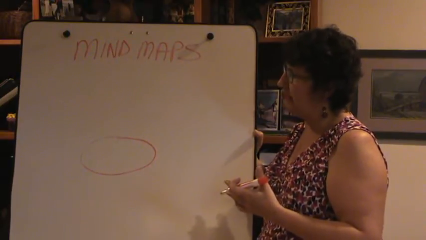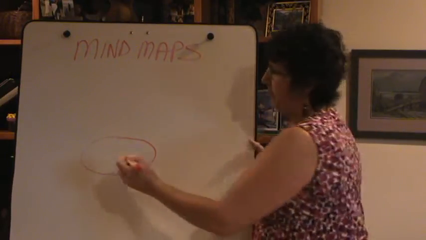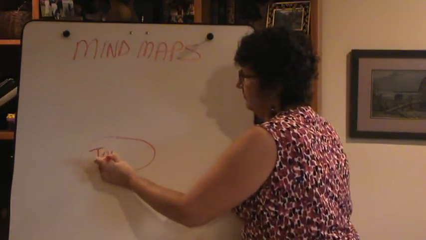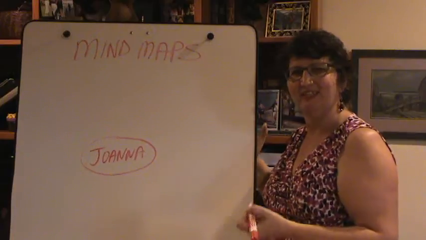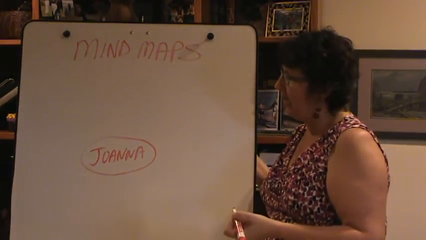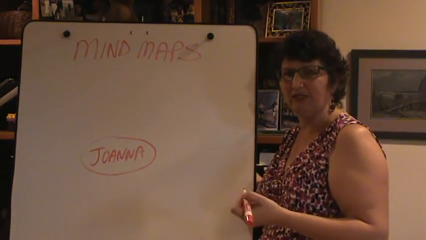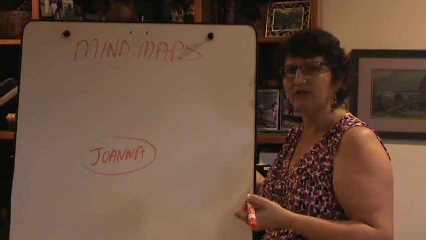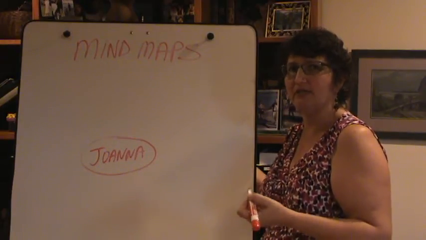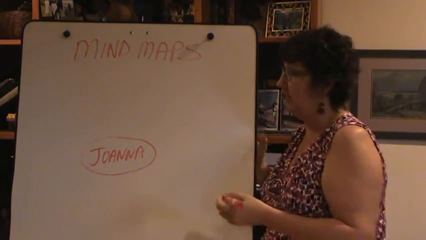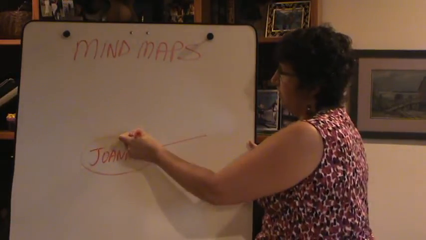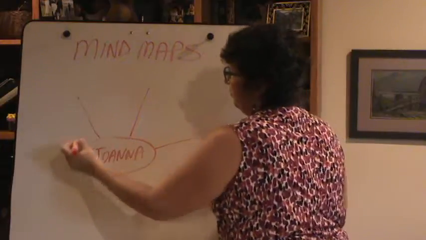So when it comes to a mind map, my ideal client might be Joanna. And Joanna is a graphic designer. She's been in business for a while. And she really feels like she's kind of stuck. She's been in business for probably 15 years and she's still trying to market the same way that she always used to market before. And she's trying to figure out how to get her business online. So I'm going to draw some lines, just like the spokes of a wheel,